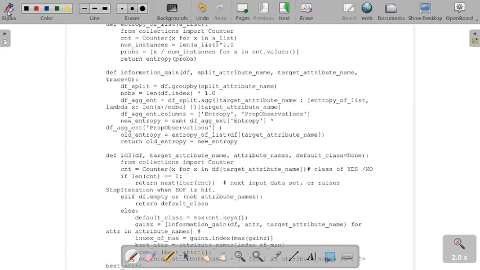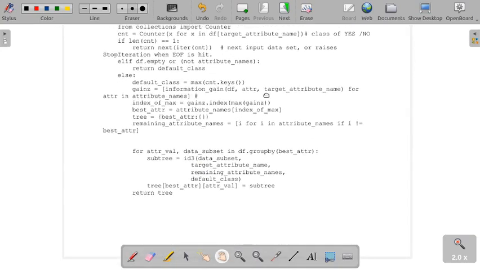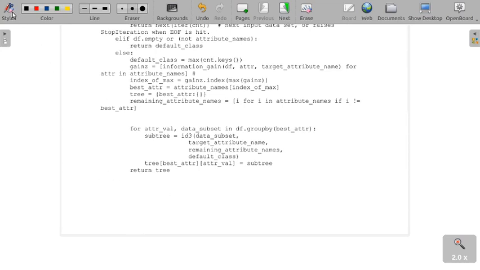For all those attributes, we select the one with the maximum information gain. That attribute becomes the next node which we attach to the tree. So how are we representing the tree? We are representing it in a dictionary form.